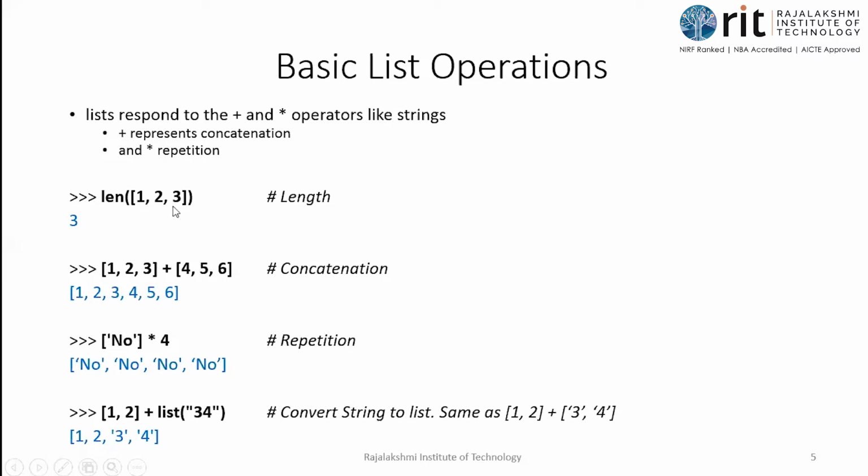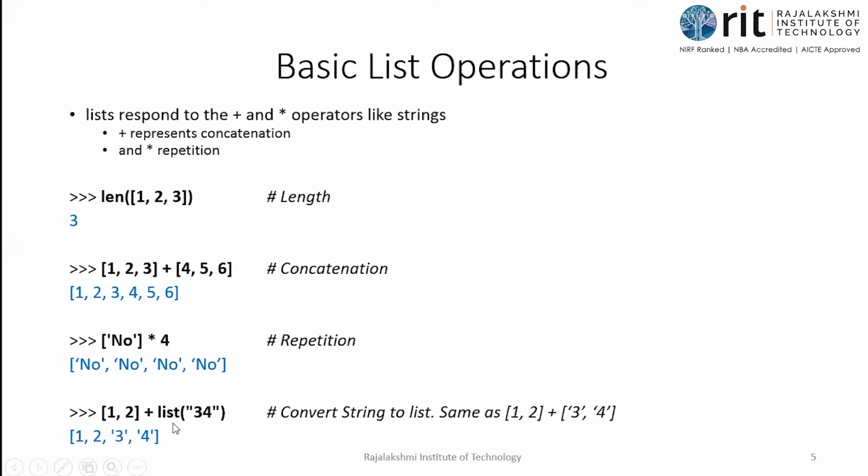Okay, then moving on to the length function, len of 1, 2, 3. See here, after len, you have a parenthesis. So it is a predefined function. I've already told you about this len function. What is the meaning of the len function? It is going to find the number of elements in the given type. So what is the type that is given? 1, 2, 3 put in square brackets. So it is a list, isn't it? So it is going to find the number of elements in the list. What are the number of elements in the list? 1, 2, and 3. The answer is 3.